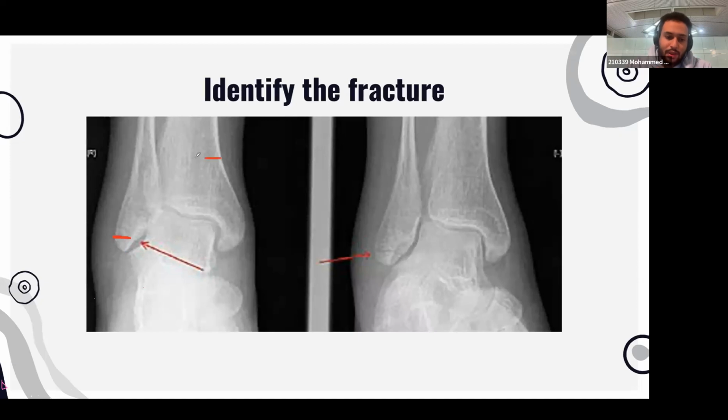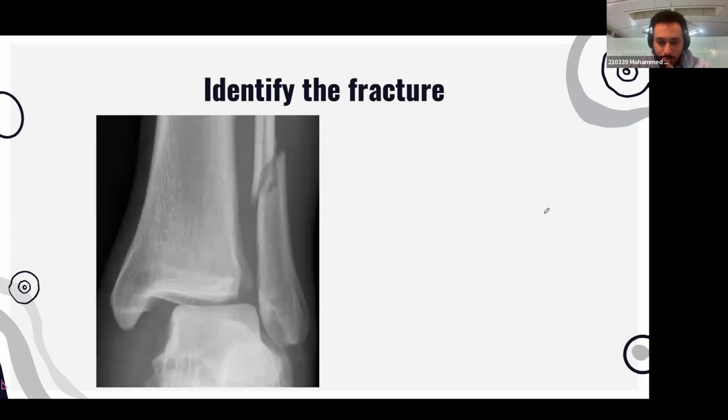If you see, for example, something like this is transverse. Okay, this is transverse. This is a fibular fracture. Tibia is this one. Okay. Anyways, this is a transverse fracture. This one,